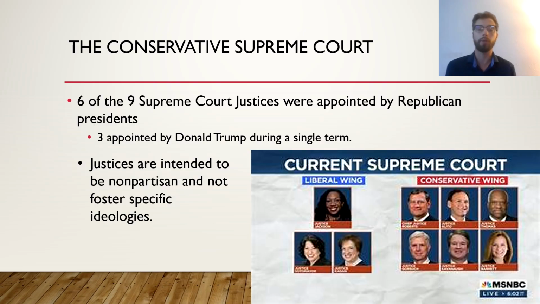Now, looking at the three Democratic appointed Supreme Court justices, we see the most recent appointee, Justice Ketanji Brown Jackson, appointed by Joe Biden in 2022. She made history as the first Black woman to serve on the court, and does align generally with a liberal leaning and a living constitutionalist approach to constitutional interpretations. We see Justice Sonia Sotomayor, appointed by Barack Obama in 2009. Sonia Sotomayor is the first Latina on the court and is often seen as a voice for progressivism and viewed as a staunch living constitutionalist.